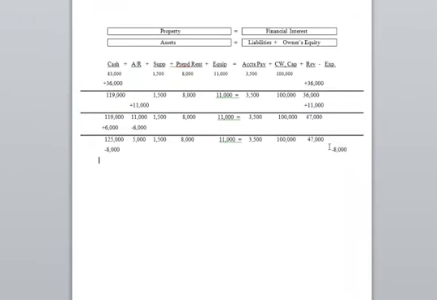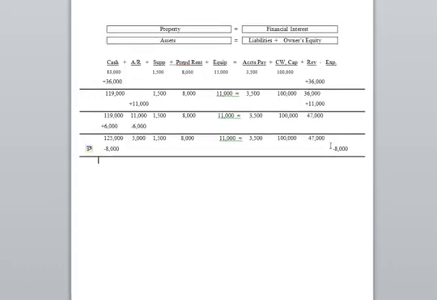Now, expense went up $8,000, but the reason I'm putting a minus sign there is because expenses decrease the owner's capital account. And when we add and subtract across, we have to subtract out the expenses. So I'm going to draw a line across the page, and I'm going to bring down my totals. I had $125,000 in cash, and I just wrote a check for $8,000 for salaries. So now I'm back to $117,000 in cash, $5,000 in accounts receivable, $1,500 in supplies,